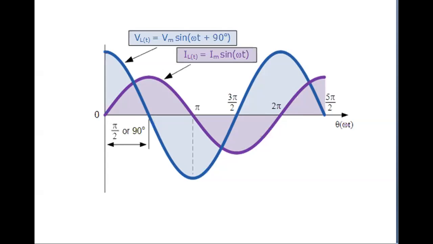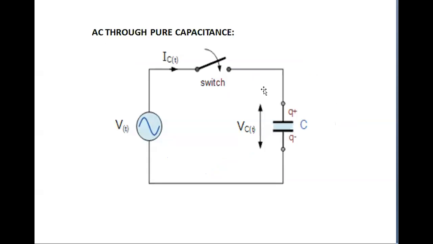And next, for the capacitor, same as the inductor, you connect the capacitor with the help of a switch across an AC voltage source V of t. Here also the V of t equation is Vm sine omega t. How do you explain the circuit diagram here? Consider a simple circuit consisting of a pure capacitor of C farads connected across a voltage source given by the equation V of t is equal to Vm sine omega t.